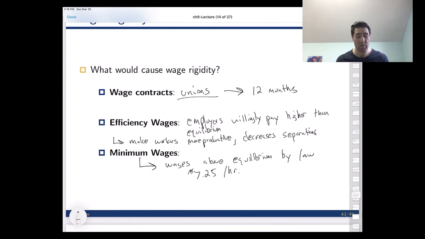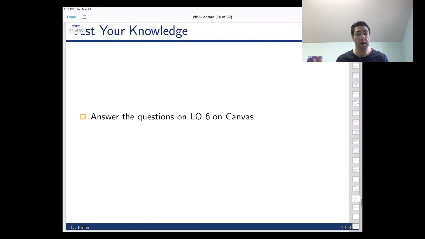We've seen in the graph what happens. And so what I want you to do here is to go on Canvas, look at the question on Learning Objective 6, and see how you do on that. It'll help you understand these different types of wage rigidities and classifying them and how they might work in the model. And then we've got one last step here in this chapter, which is to understand how events are